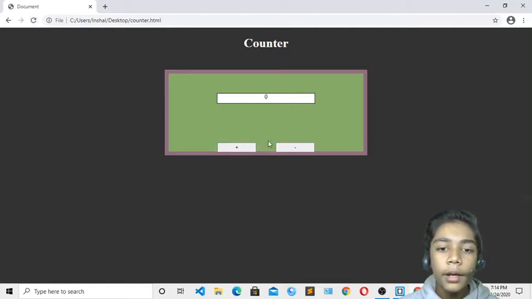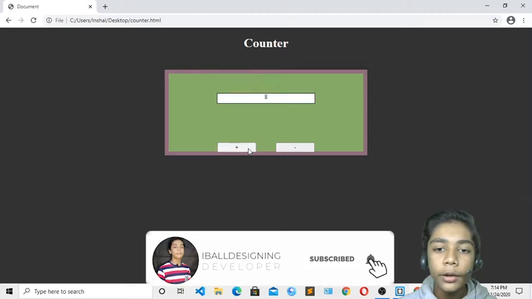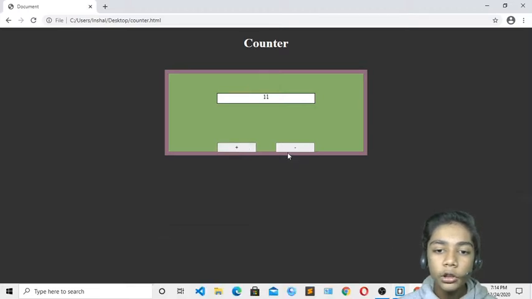Over here we have used JavaScript to do it. You can also take it to minus. If I take it to 10, you can also press the enter key to take it forward. When you press this minus 1, it will go back. Minus means less than. So when we press the minus button, it will keep going back. Here you can see it is now going into minus values.